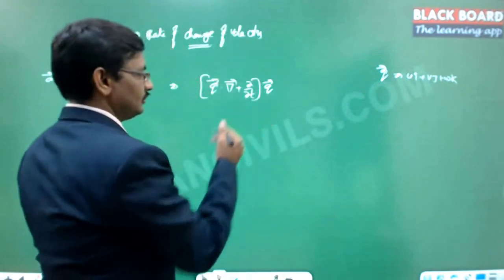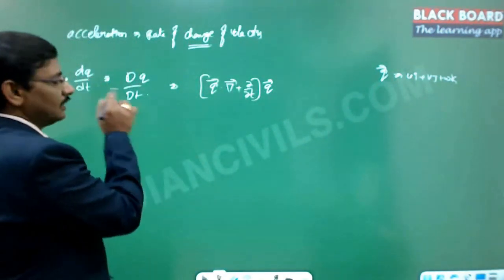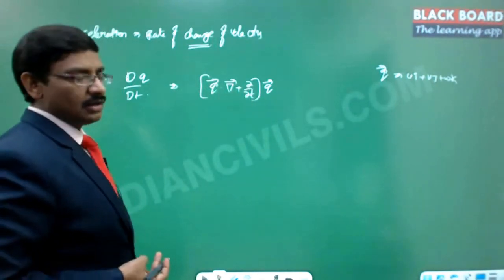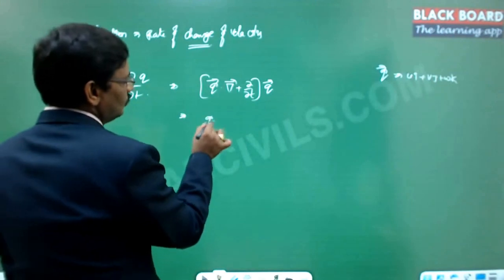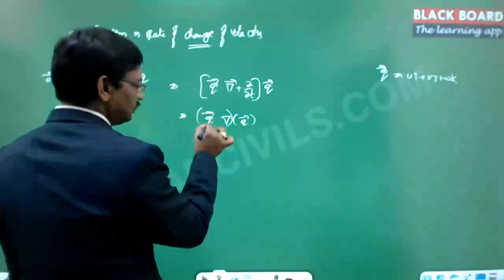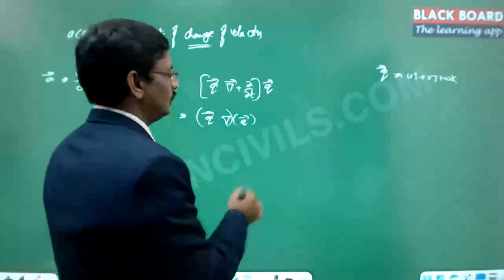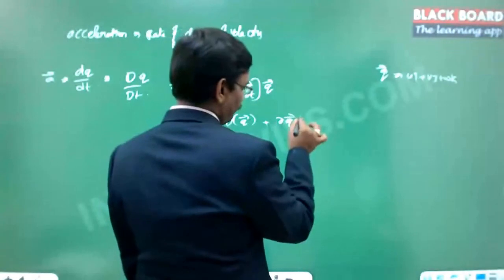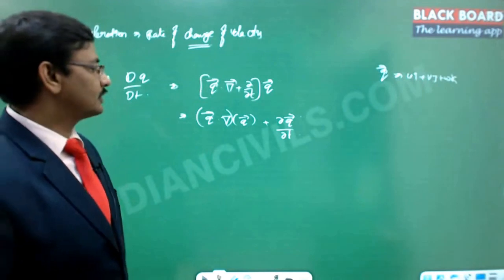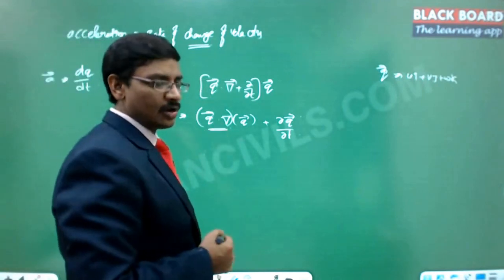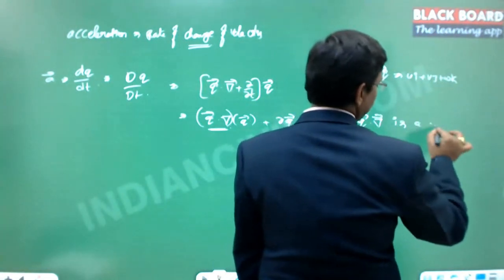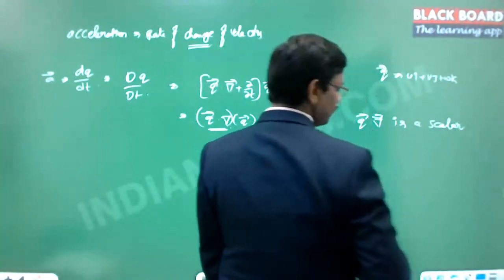If you replace this velocity vector here, then obviously the acceleration is a vector, so here also you will arrive at a vector. Now this is q dot del operated on q, the q vector, plus dou q by dou t. Whenever we do anything, it has to be dimensionally valid. Obviously this q dot del will be a scalar operator. You can easily make out whether it is a scalar or not.